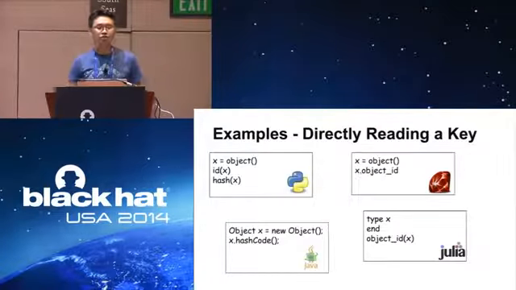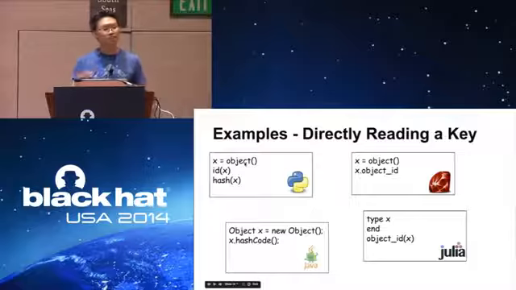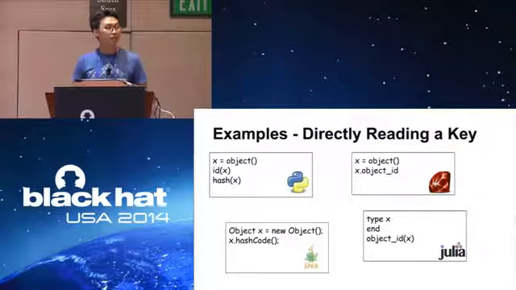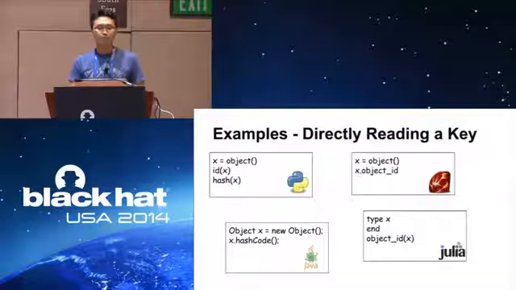So here's how we read addresses for different implementations. In Python's case, you can just create the object and call the built-in ID function or hash function. Ruby's case is also pretty much the same: you create the object and get the ID of the object. Yes, the ID is actually the address. In Java's case, you create the object, and if you call the hashCode function, then you can get